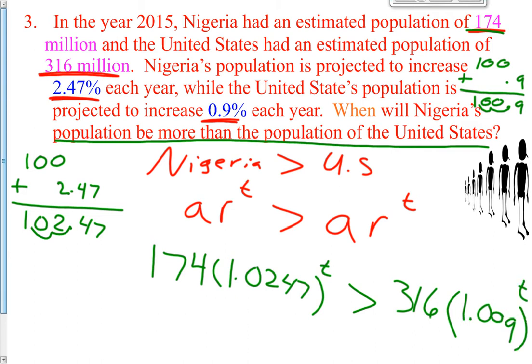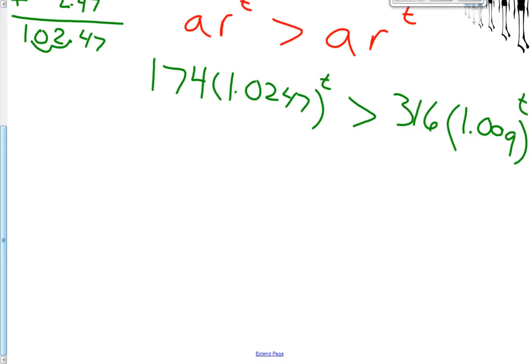So now we have to solve this inequality. Alright, the first step is a little bit complicated. We have a product on the left side: 174 times 1.0247 raised to the t. Same thing here, we have a product. So I could use the product property of logs, and I could take the log base 10, so I don't even have to write base 10. I'm going to take the log of 174,